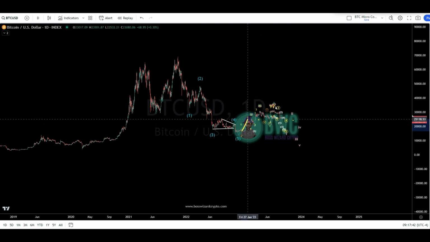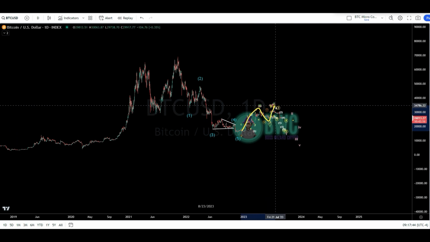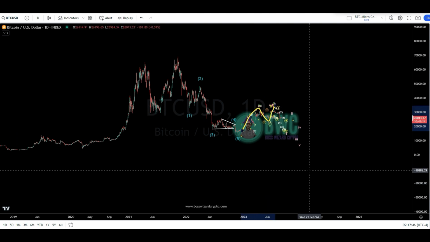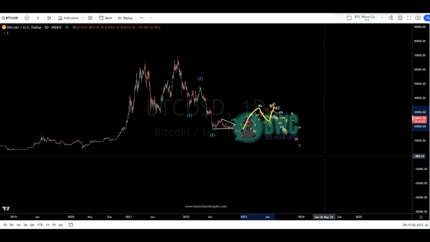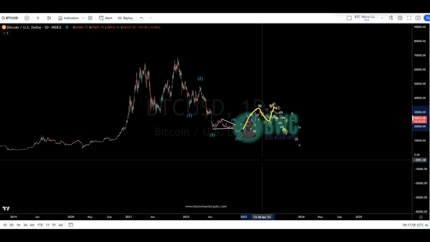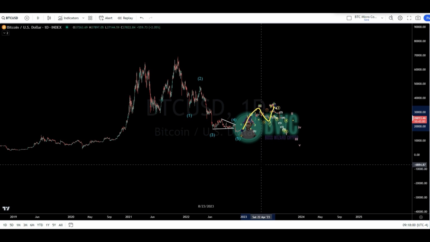WXY. Okay, three wave move, double zigzag. On this time frame that just looks like a zigzag, which makes sense. A double zigzag is by nature a zigzag. But the subwaves didn't subdivide that way. It gives you two zigzags instead of 5, 3, 5. Right. Regardless,